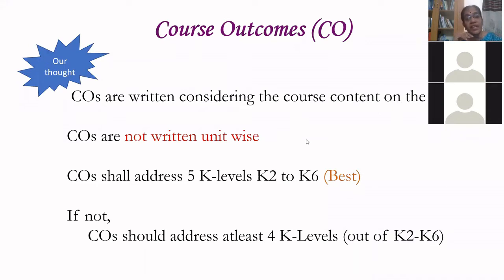But whenever you frame the syllabus first, when you decide the content first, it will be very difficult to write the course outcomes. So what I would suggest is that if you know the subject very well, then decide first what are the things you want the students to know. Write the course outcomes first. To achieve that course outcome, you frame the syllabus. That is a better way if you are starting the syllabus from the beginning, so that all the K levels can be addressed.